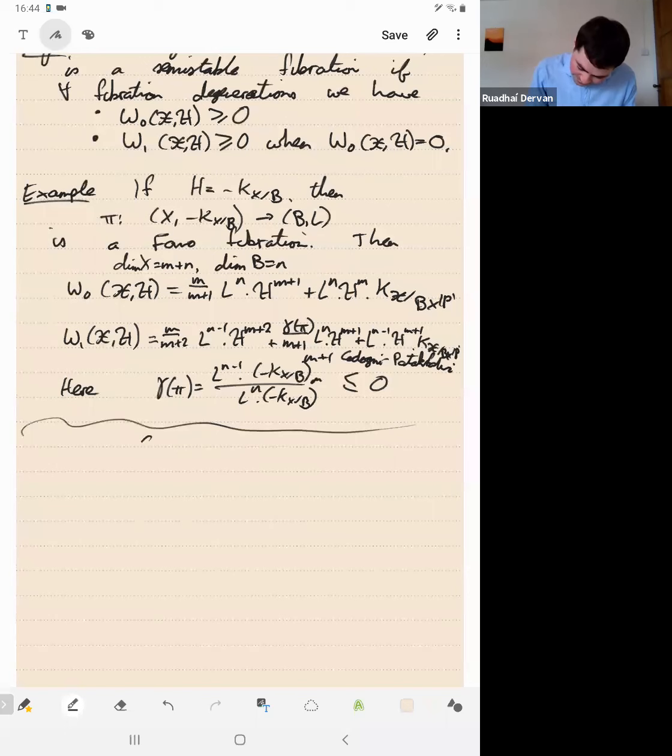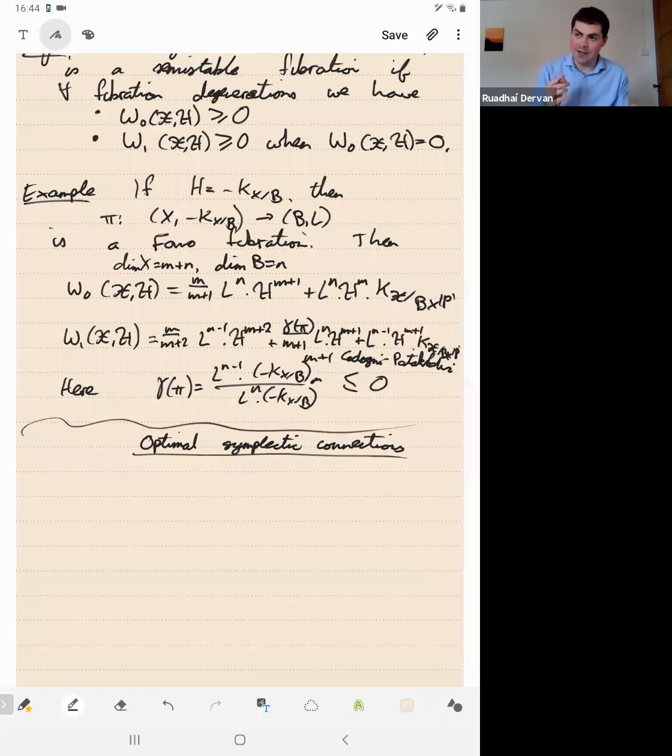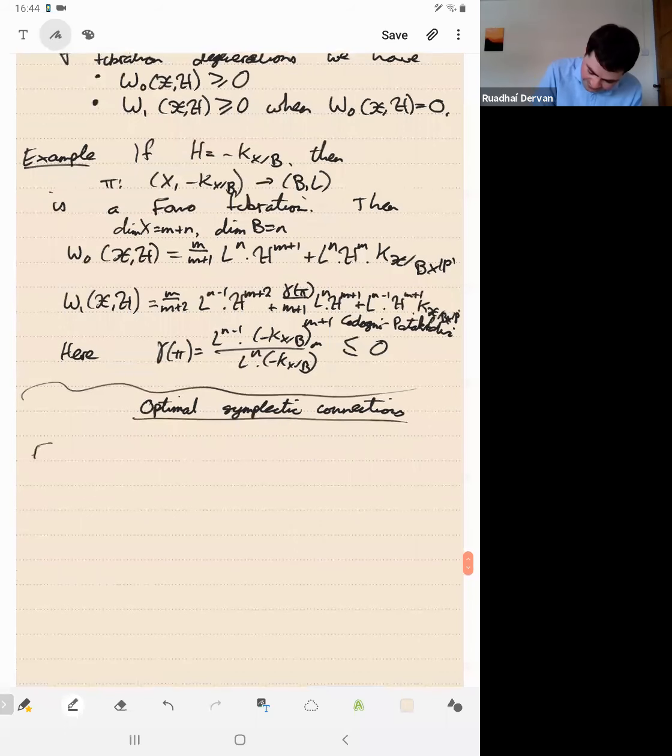So now I'll turn to the Kähler geometry. So this notion of an optimal symplectic connection that generalizes the notion of a Hermitian-Einstein metric on a vector bundle. Okay, so for those of you who know what a Hermitian-Einstein metric is, first of all, you need to fix a Kähler metric on the base B to make sense of the definition. So we'll do that again. So we fix ω_B in c_1(L), Kähler, throughout. We'll take a relatively Kähler metric, ω_X.